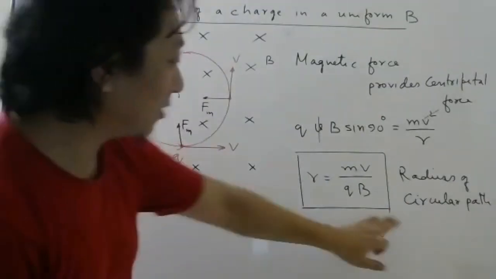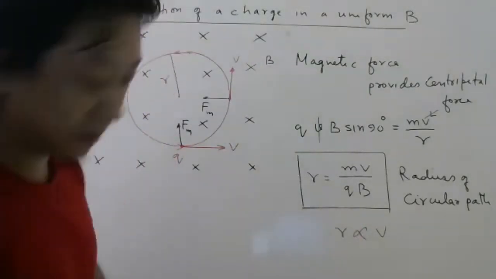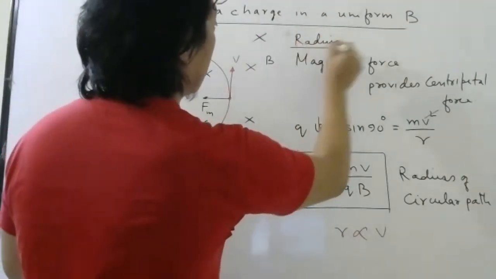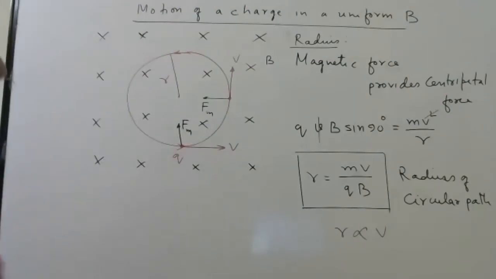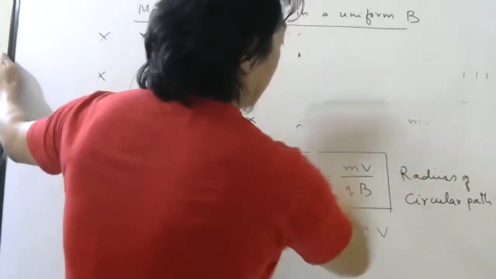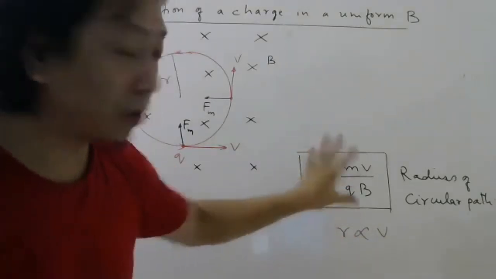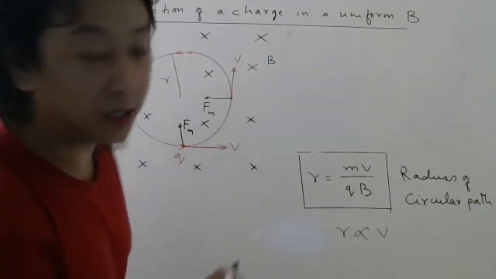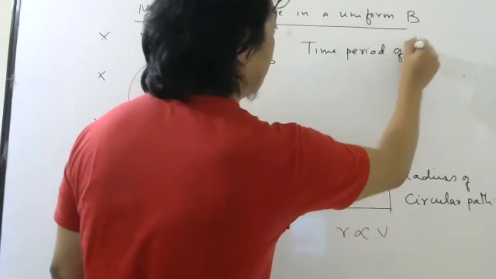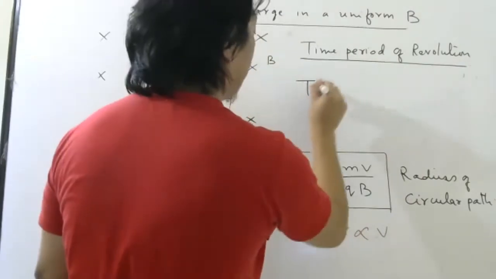So next derivation, this is for 3 mark. They will add one more derivation for 5 mark. So this is for radius. Okay, you can write on this topic here, radius. After radius, we want to find the time period of revolution. Students, you have to by heart the formula. Because for MCQs, we need to remember the formula. Even for numericals. Now we will do time period of revolution.